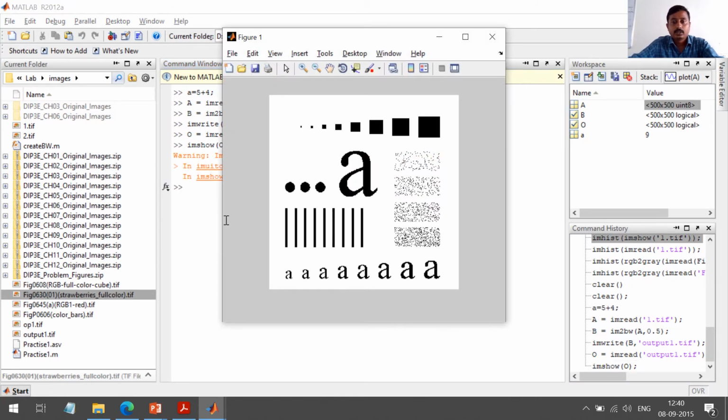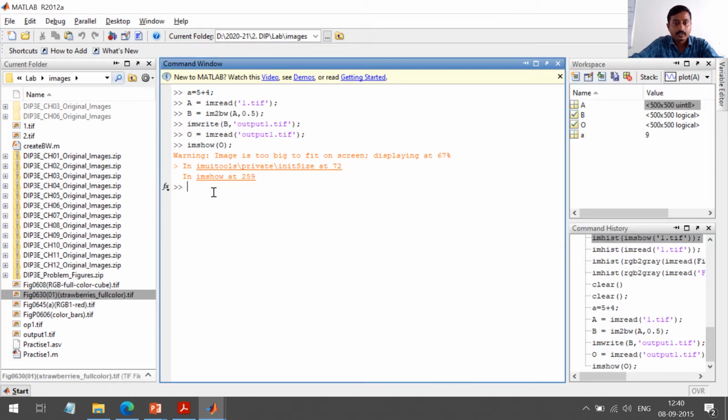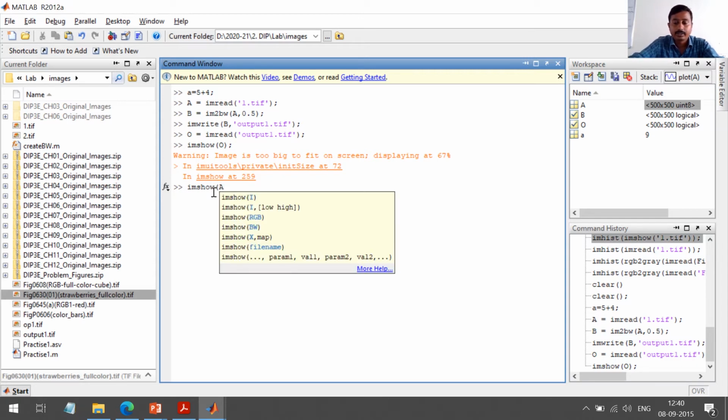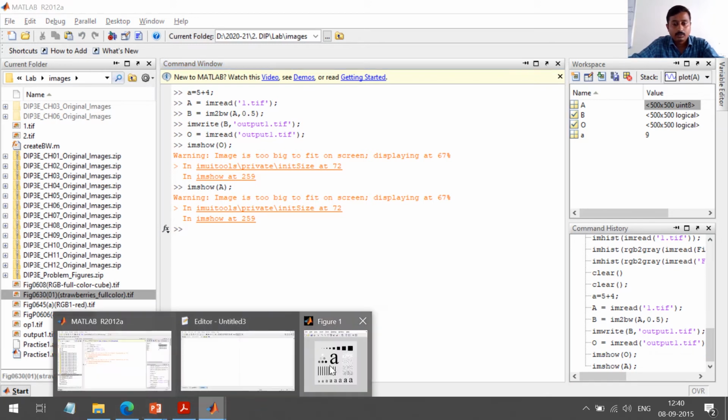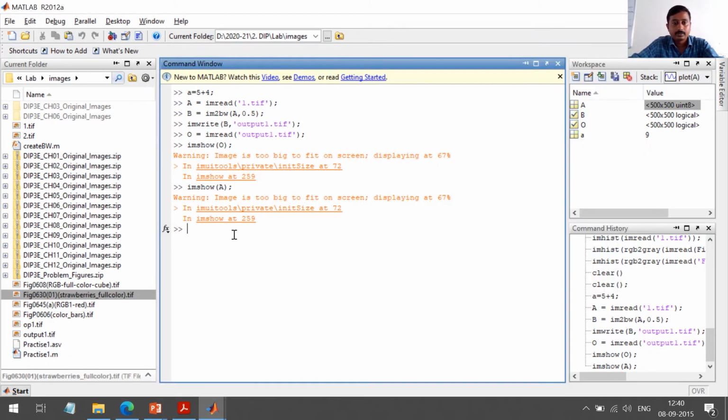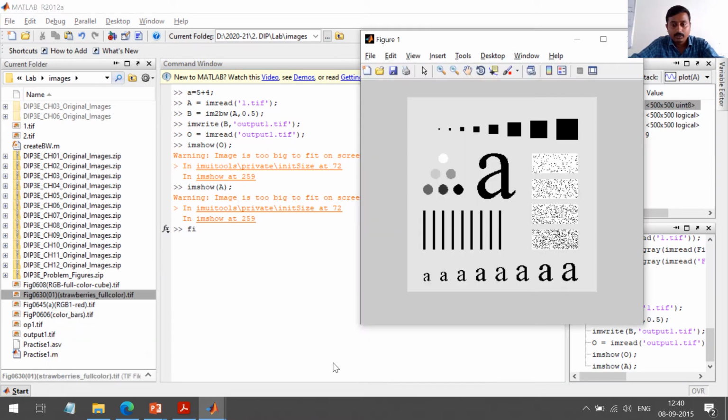Let me open the original image also. That is imshow, and the original image is read in a variable. Now I will open those images side by side. As you have noticed, the previously read image is overwritten.